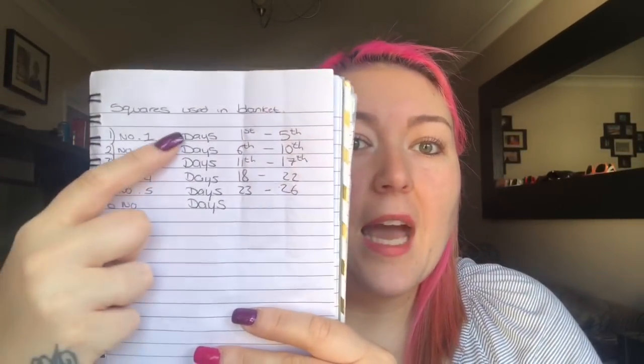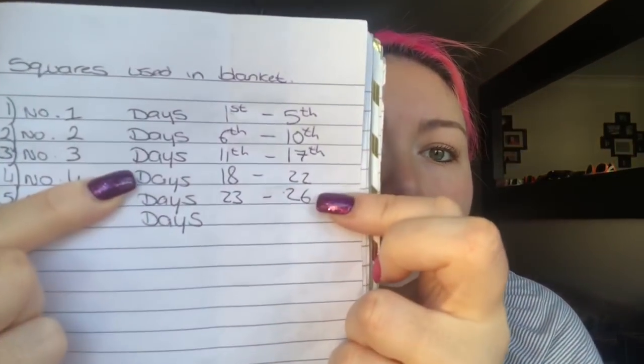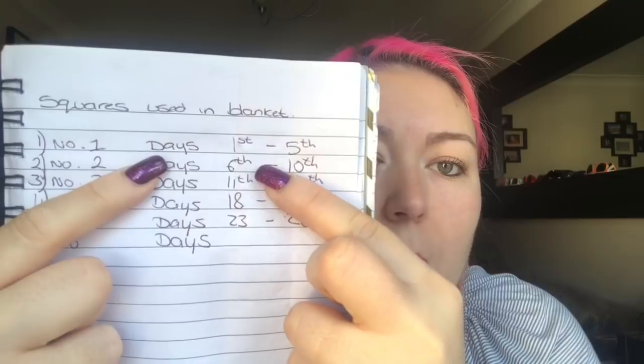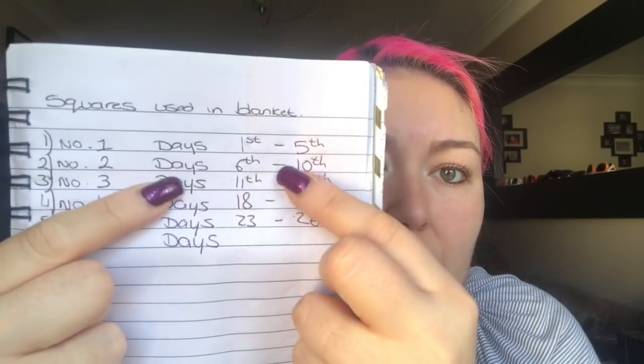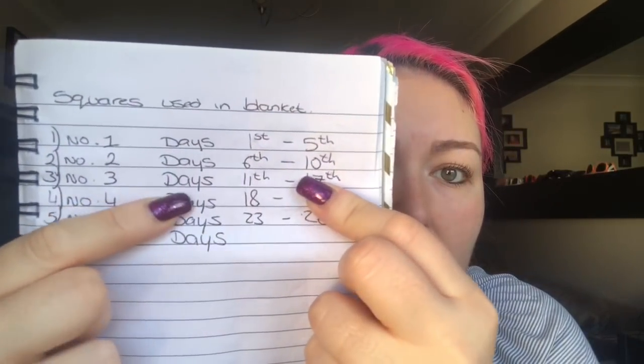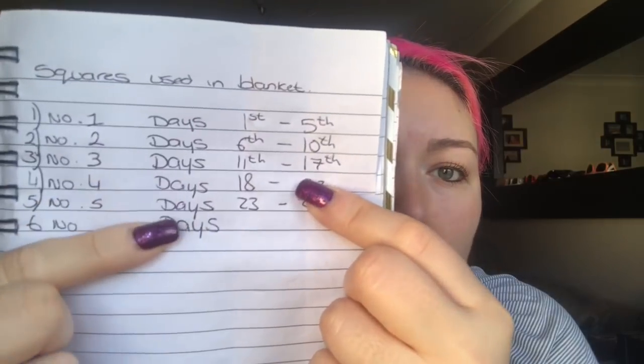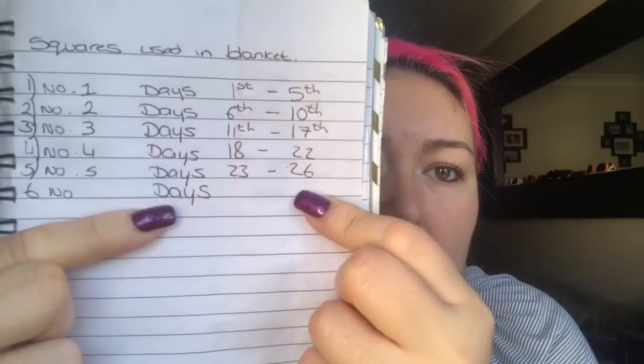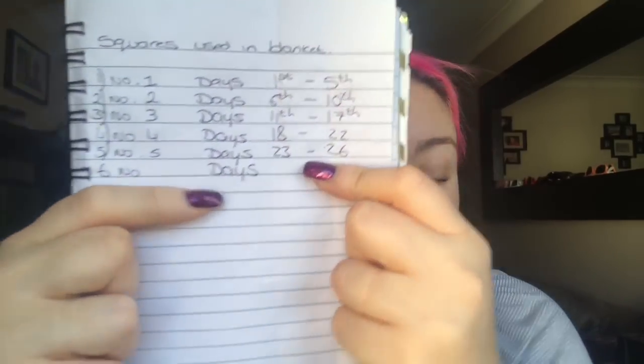So that's that, and then I've just wrote down the days that I've got so far. So number 1 was the 1st to the 5th, 2 the 6th to the 10th, and then the 11th to the 17th, and then the 18th to the 22nd, the 23rd to the 26th. So let me show you the squares that I've got so far. If I can pick this up without...